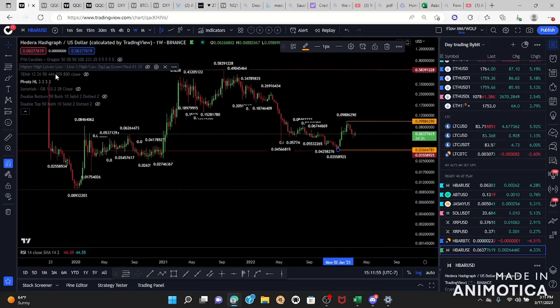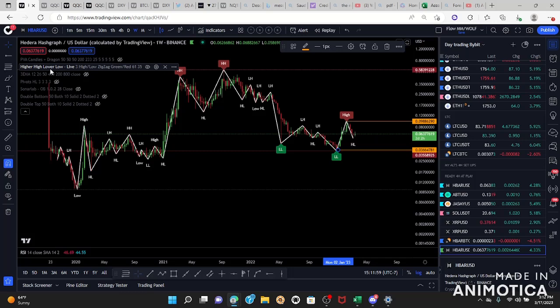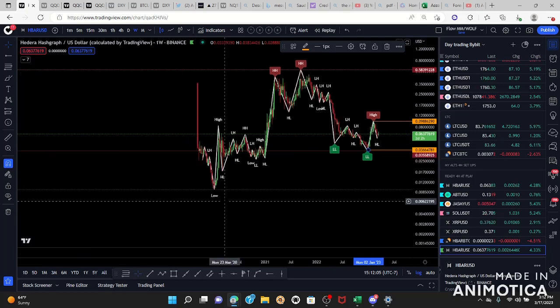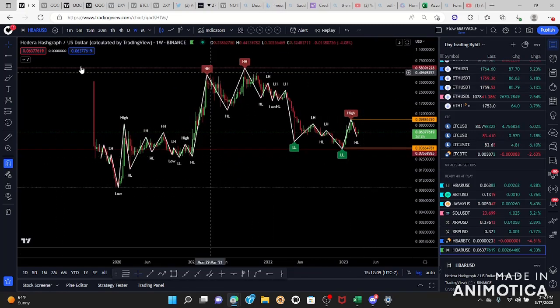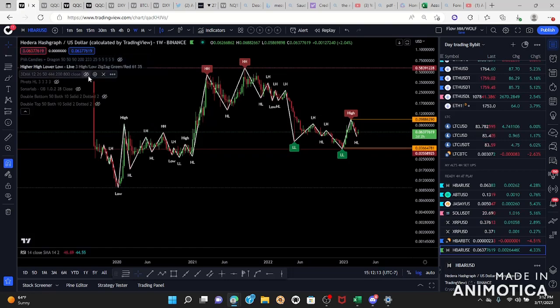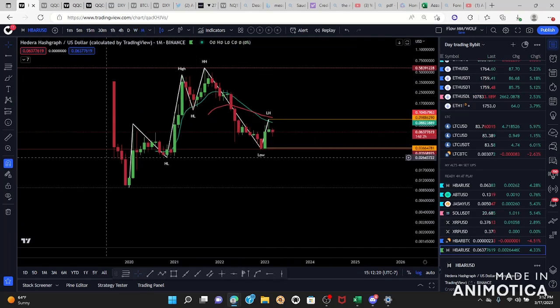Let me turn off this pivot highs and lows. I'm also going to turn on this higher high, lower low indicator that I love to use. This is just going to guide me and help me to understand the flow, understand where to set some trend lines. Also my 12 and 26 EMAs are the ones that I use. Let me go back to the monthly. I didn't see it. So just visualizing,